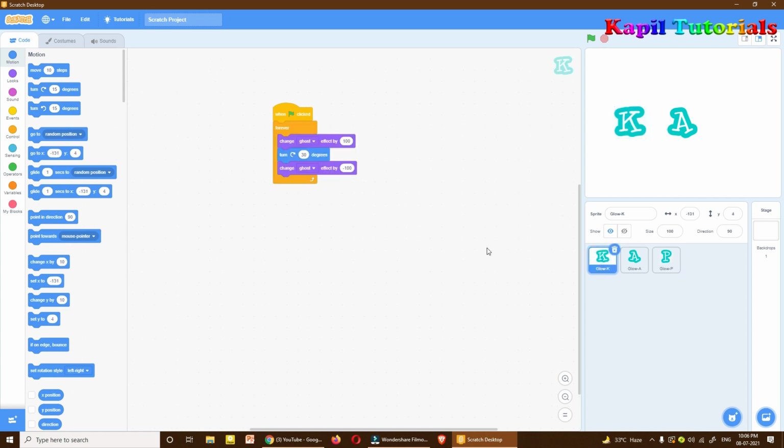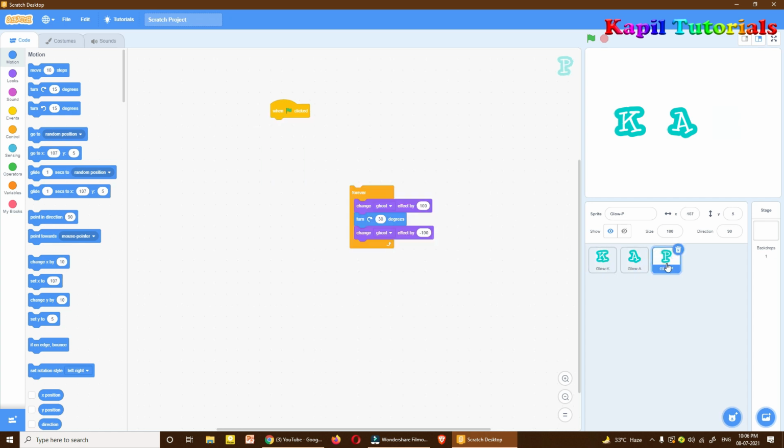I just want to check K first. Some other commands are also needed, but just now we'll check whether anything happens or not. Okay, so I'll run this. So it's rotating but nothing is happening,